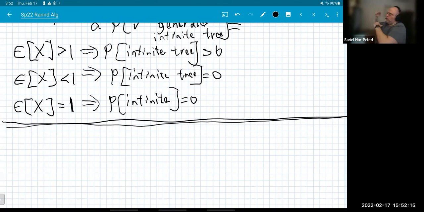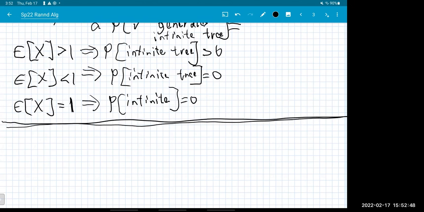think about looking at the tree layer by layer, right? So think about exposing the tree, right? You look at the tree of depth 10, depth 20, depth 30, and so on, right? And the intuition is that if you look at this finite tree, you can look at the distribution of the number of children per node. And essentially what happens is that in some of those finite trees, it would behave like it's larger than 1. In some of them, it would behave like it's smaller than 1. It will essentially